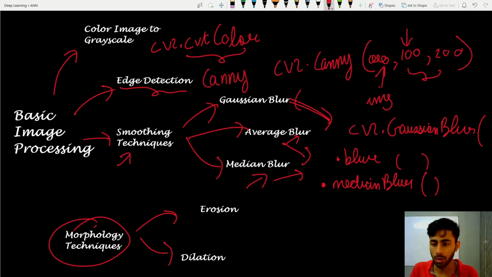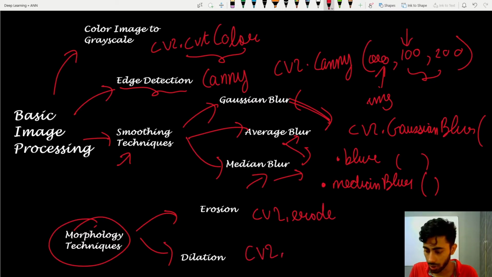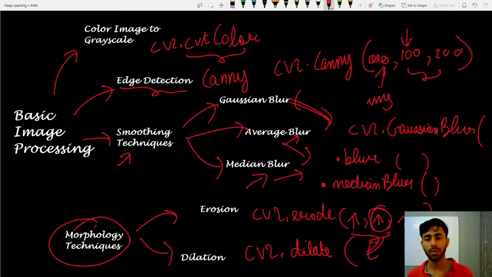So in order to perform erosion you have to use cv2.erode, and in case of dilation you have to write cv2.dilate. And generally whenever you perform erosion, dilation follows. So the correct order of applying these filters is first you have to perform erosion and then you have to perform dilation. So erosion will remove the excess noise, excess pixels from the boundary, and then dilation will be used to fill the missing pixels that are needed in order to provide a much clearer effect. So now we will be moving towards our hands-on tutorial for this particular topic, that is basic image processing.